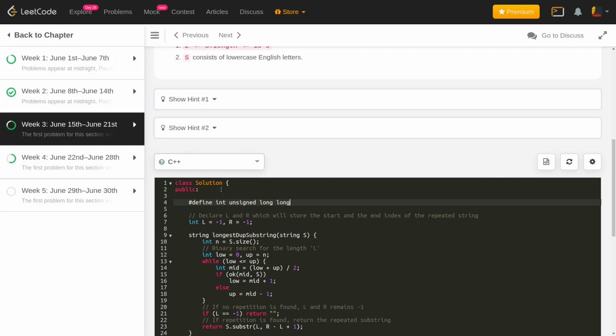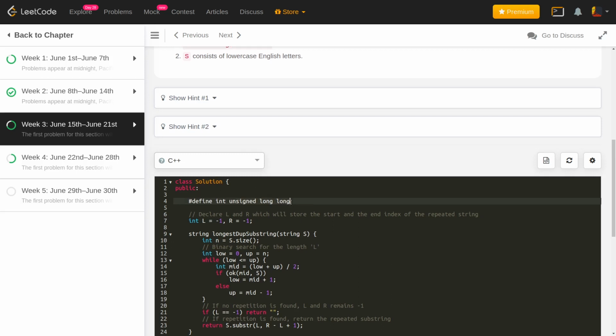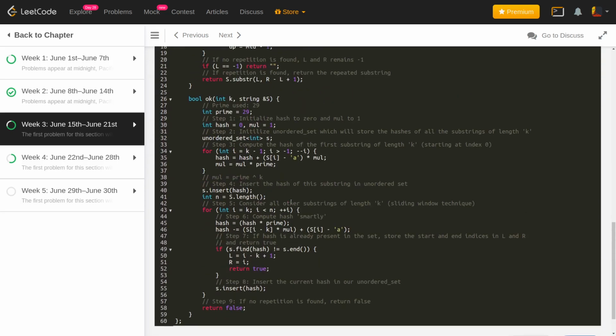Well, what's the reason for this? The reason is, I'm not using int, I'm using an unsigned long int. And what happens when you multiply unsigned long and it overflows? Well, it actually works like a modulo internally.